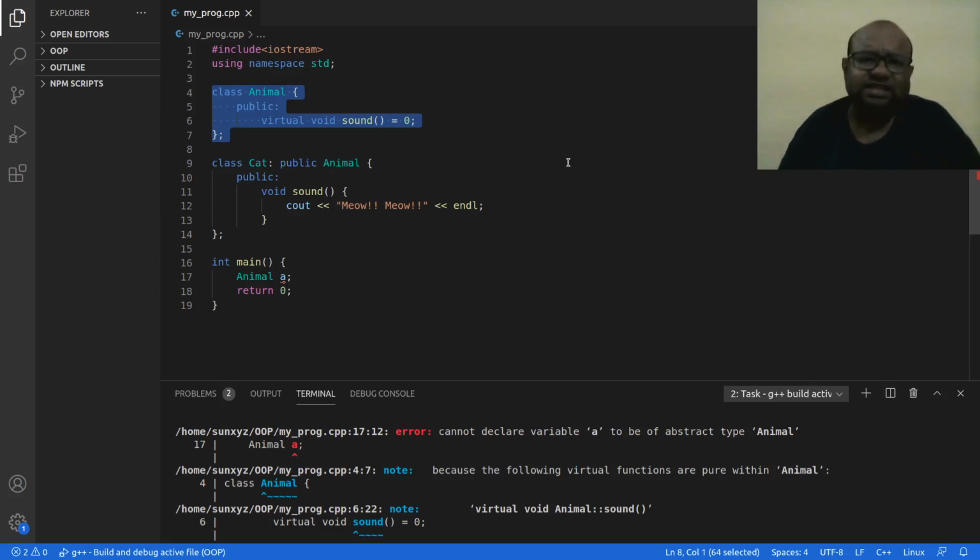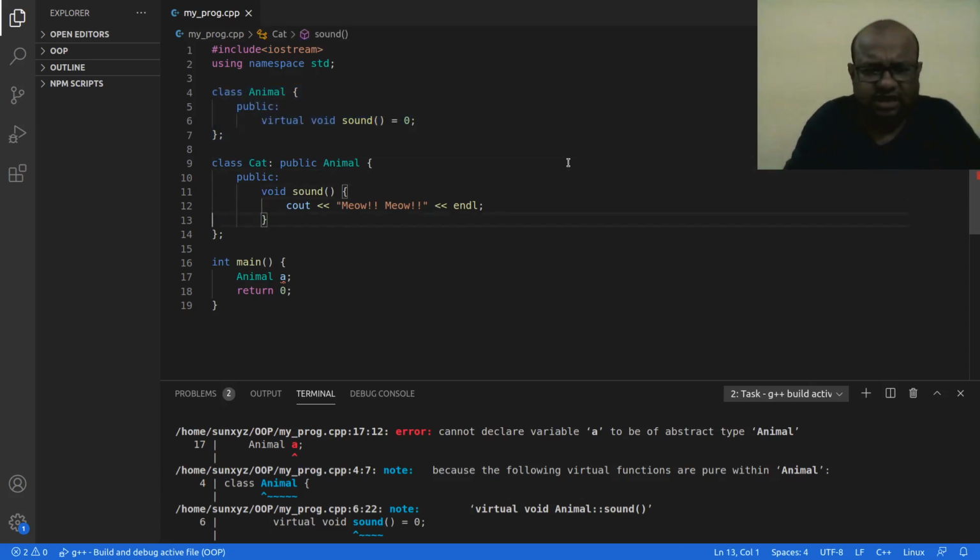This kind of class is meant to be inherited. Okay. Now this class will be inherited by some other class. For example, here I have inherited this Animal class, and in my inherited class, in my child class, I am going to create this function, right? The actual implementation of this function is going to be there in my child class. So here I have this sound function implemented.